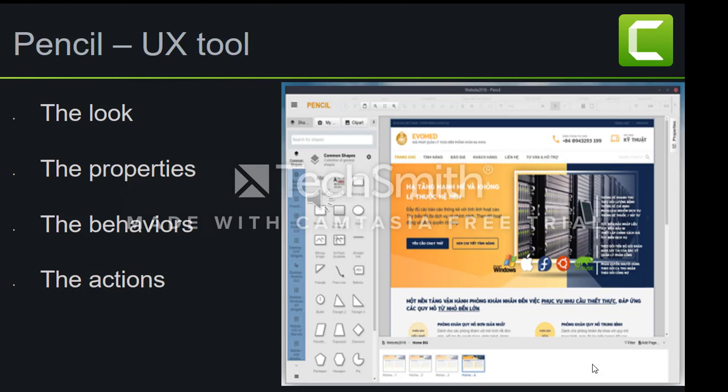The stencils are organized in collections. Each collection contains a set of related stencils and can be installed into or uninstalled from Pencil using the collection manager. The process of creating shapes from stencils. After being installed into Pencil, a stencil can be used to create shapes by dragging it into the drawing pane of a page. When a stencil is dropped into a page, actions will be taken by Pencil to create a shape for the stencil.